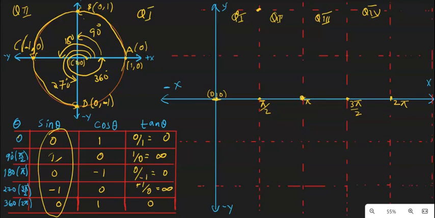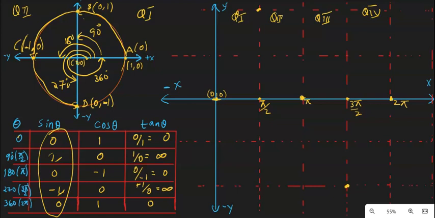At 270 degrees, which is 3 pi over 2, it's minus 1 right here,